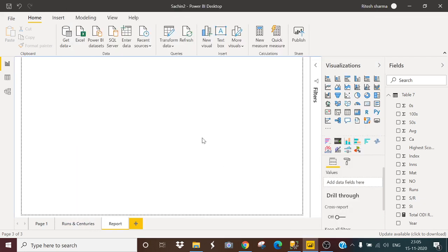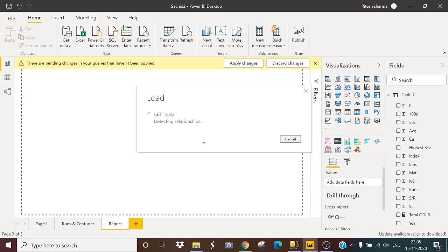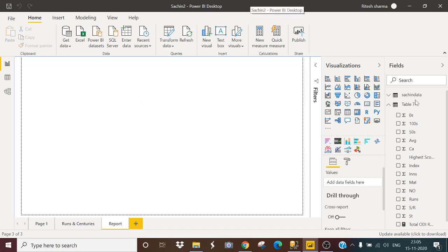It will take a while to load the table into the Power BI window. Okay, it has been loaded, Sachin data. I will show you step by step now.